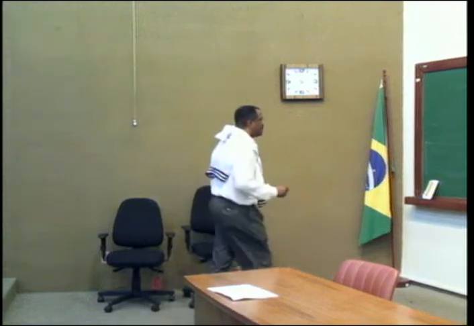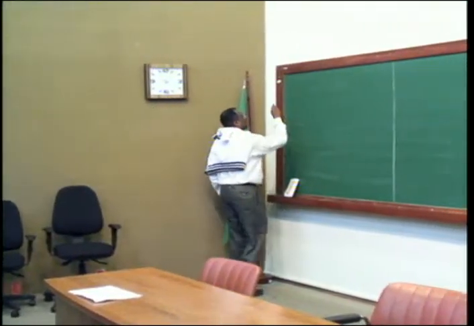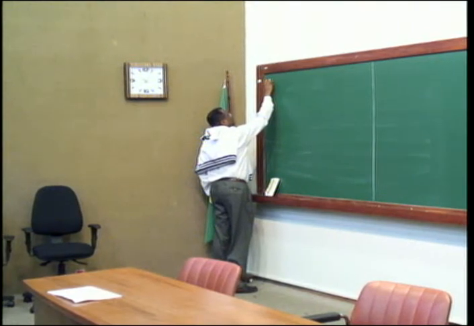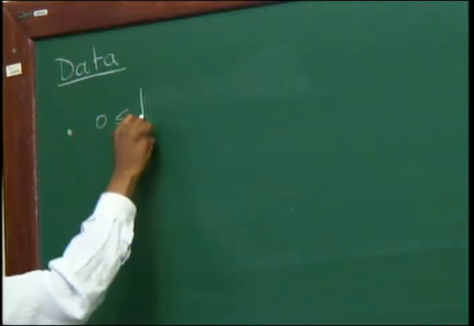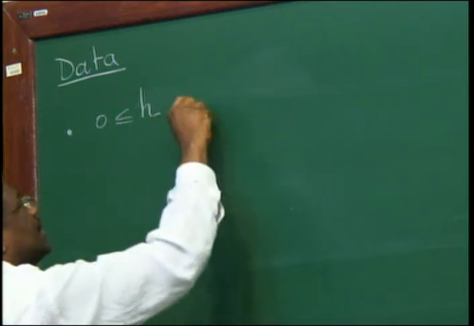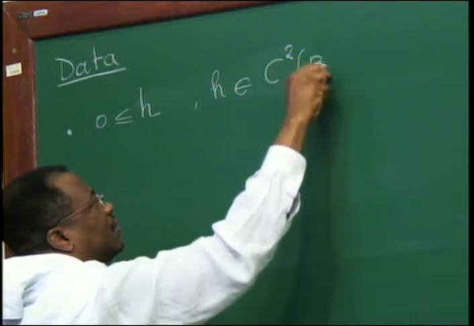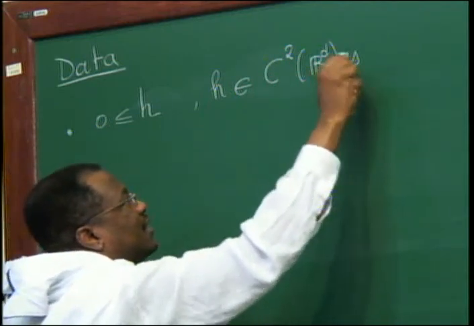That it is of class C2. So here are the data. I assume that 0 is less than or equal to H. H is of class C2 on RD, is even,